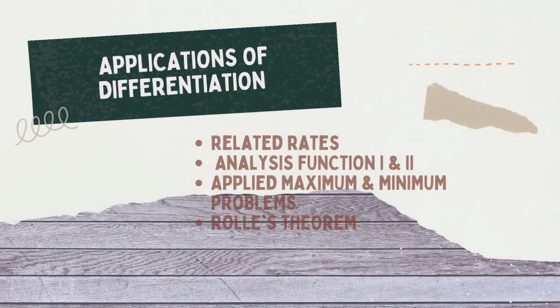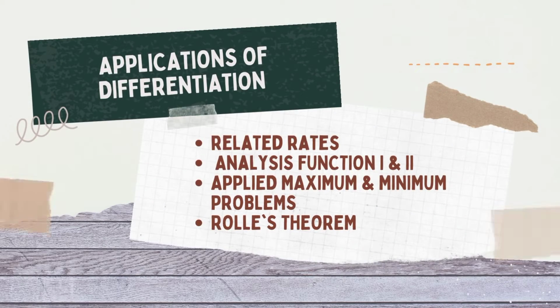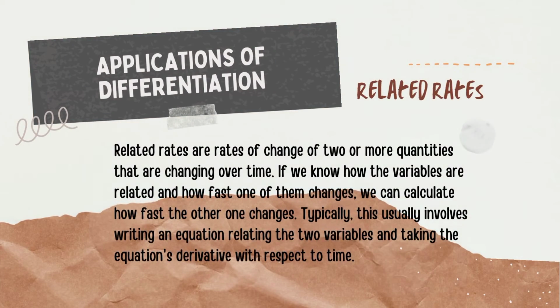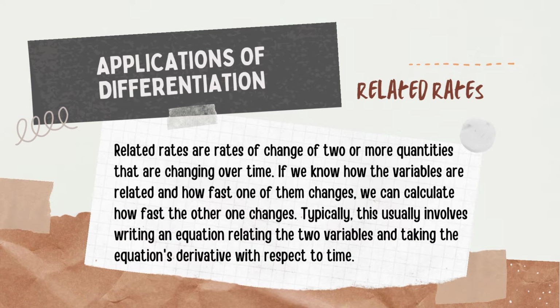Next, I also have some examples of applications to make you more interested in this topic. There are related rates, analysis of functions 1 and 2, applied maximum and minimum problems, and Rolle's theorem. Related rates are rates of change of two or more quantities that are changing over time. If we know how the variables are related and how fast one of them changes, we can calculate how fast the other one changes. Typically, this involves writing an equation relating the two variables and taking the equation's derivative